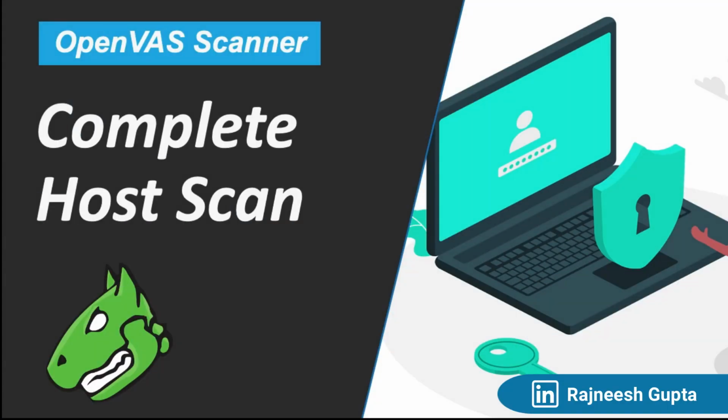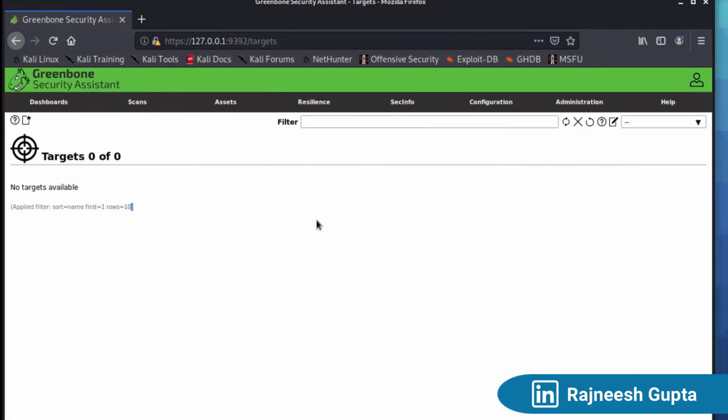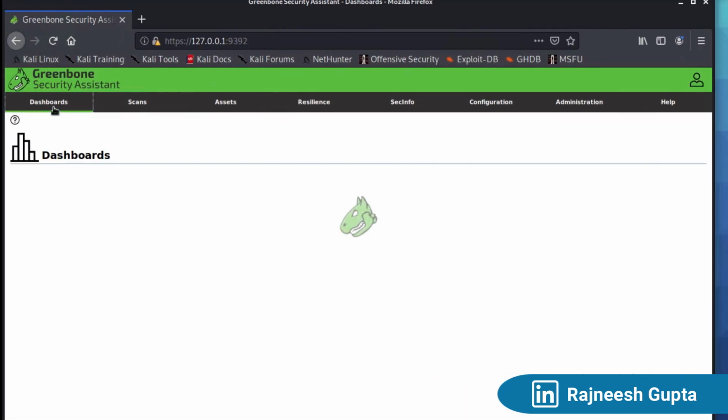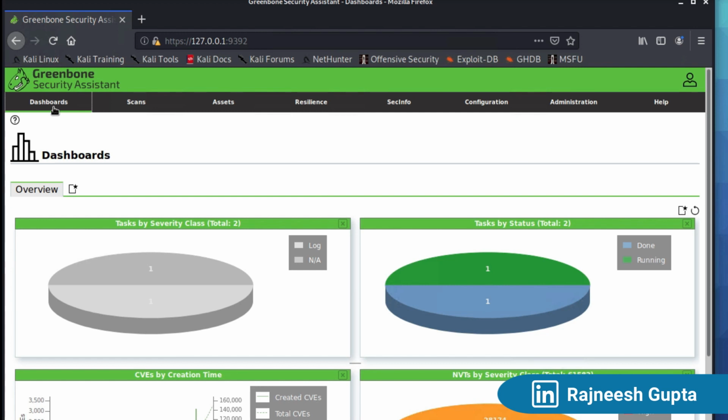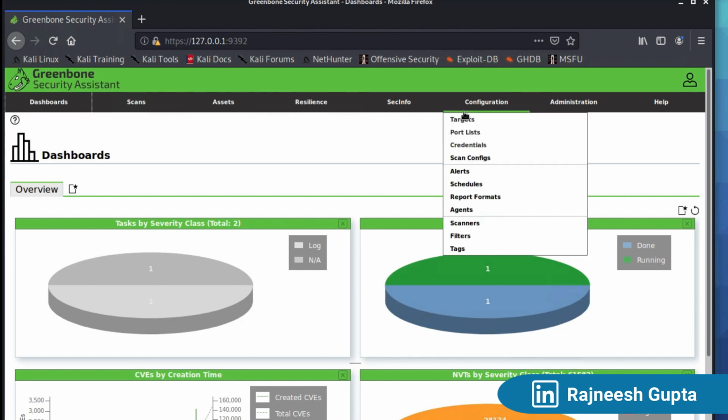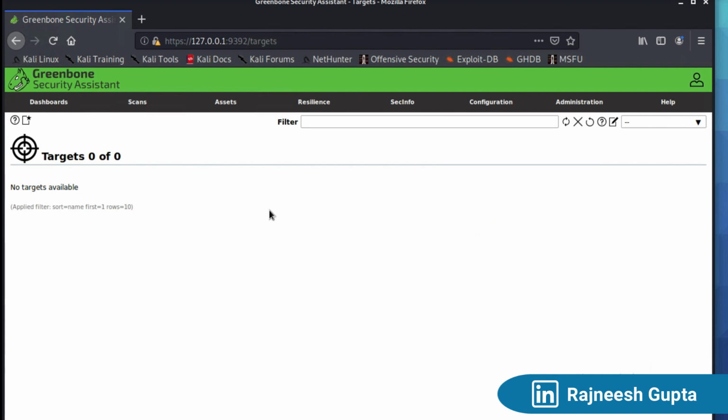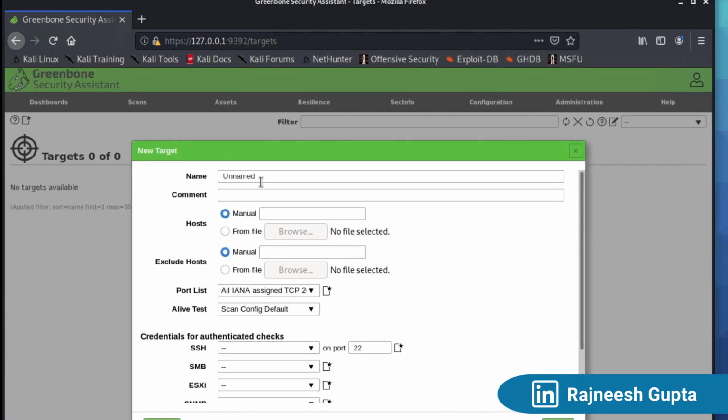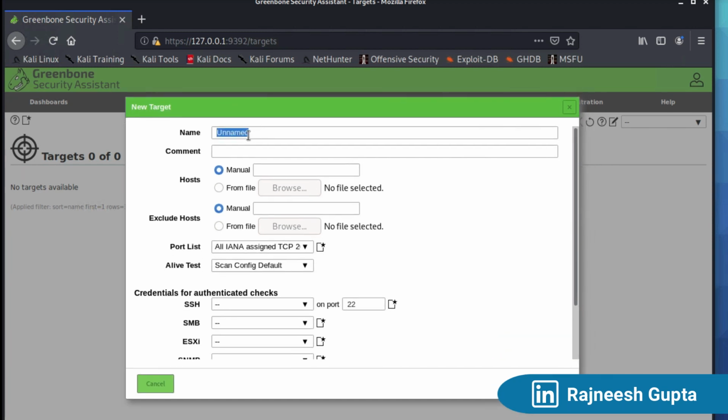All right, so without taking much time, let's go to your GVM. It all starts with configuring targets. So let's go to the targets. Over here, the first step is to create the target machine. Let me put a name, Metasploitable. What's the IP address? The IP address, if I remember correctly, is